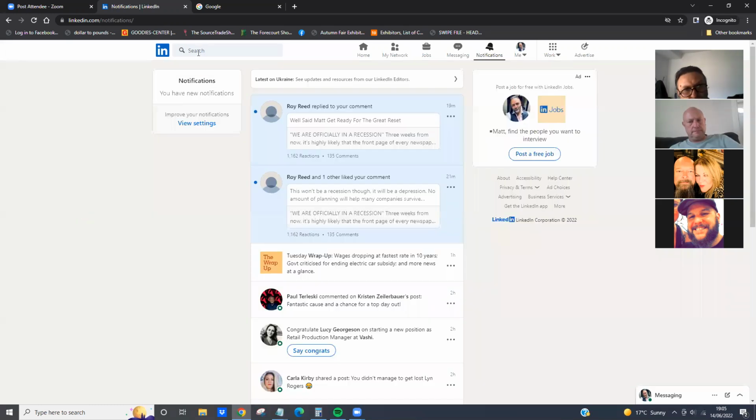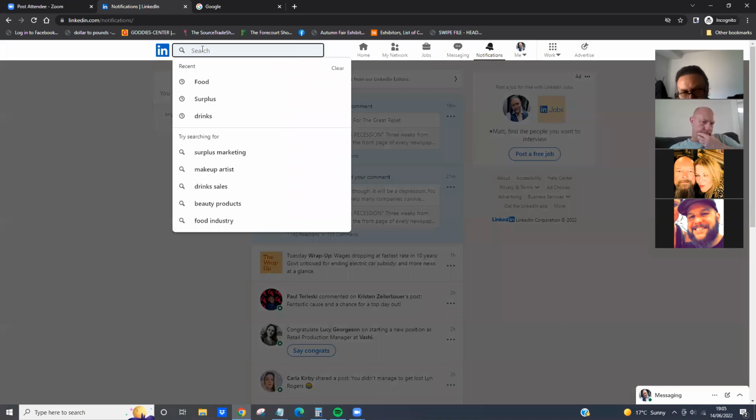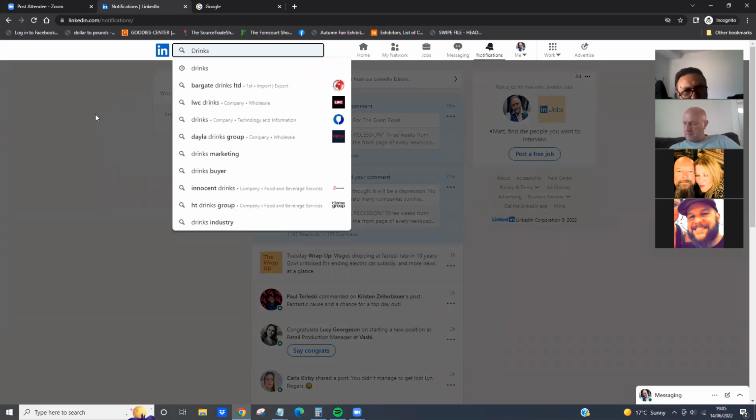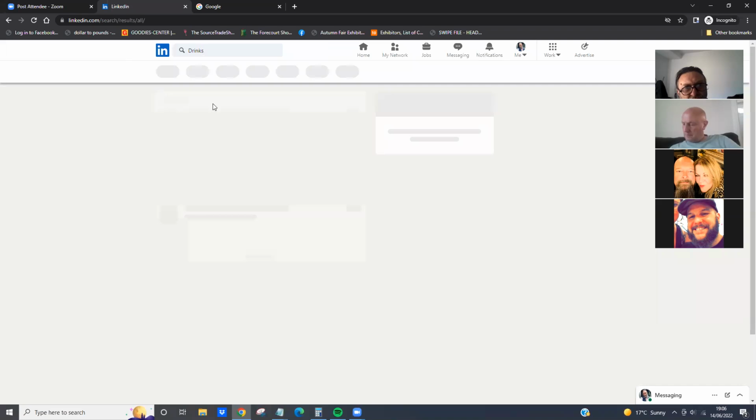And then once we get the results, what we're going to use is the filter. Now, the filter is pretty awesome for a lot of different things. I'm going to do a couple of examples on each method of these 12 that I'm going to show you. I'm going to use a broad one to start with. So let's look at drinks, a broad product category. Let's just search drinks.